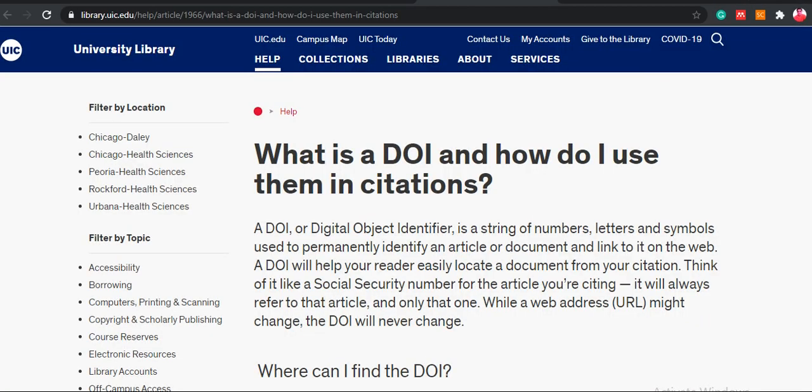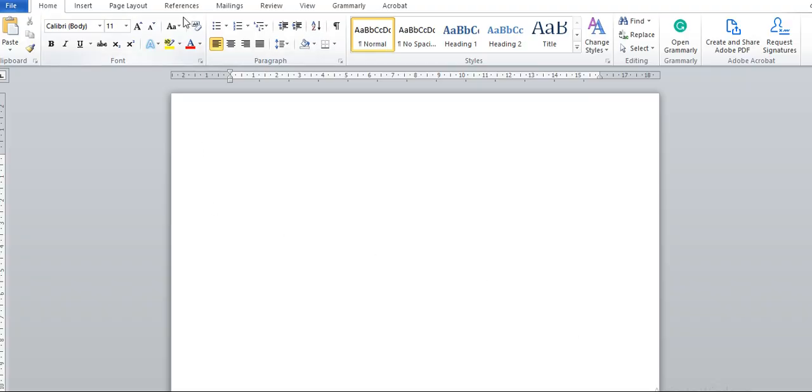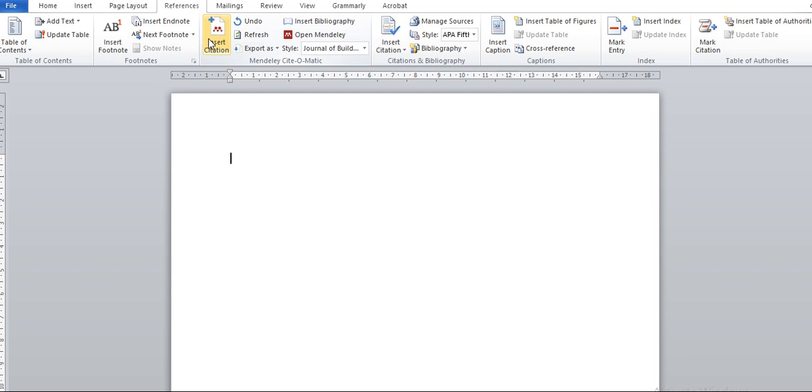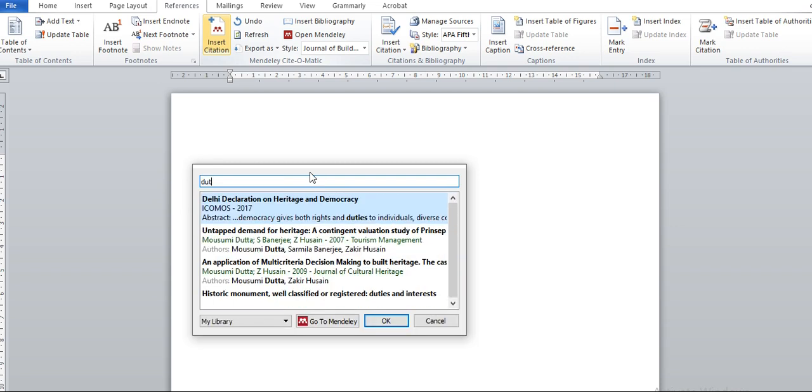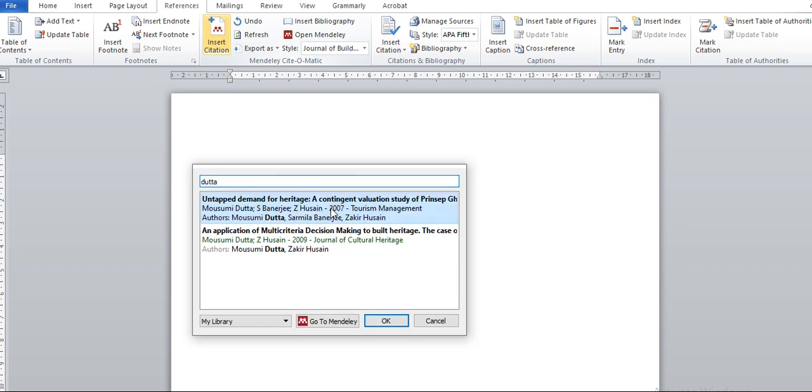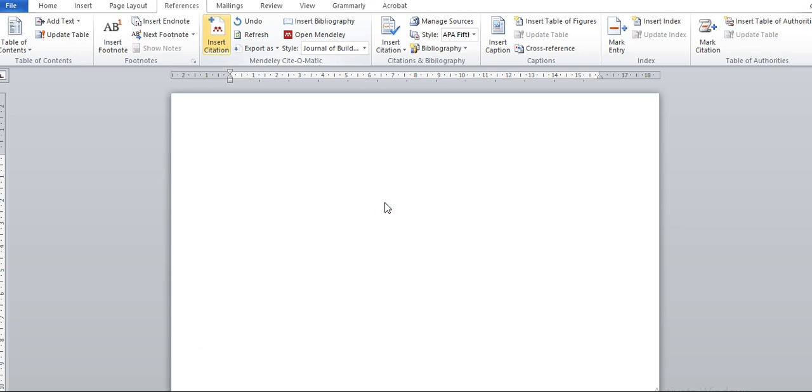Now let's go to Word. That is what I was talking about. If you go to References and you say Insert. Now remember, I spoke about two types of citation. One is where the author's name is mentioned in the text, but the year is in brackets, and the other is where the entire thing is in brackets. So I'll take the same Datta paper and I will say okay, give citation.